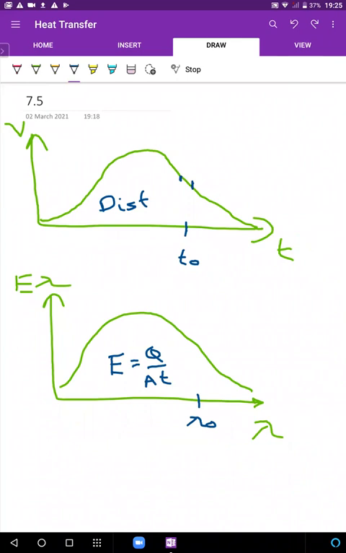Band, if I use the word band, by band I mean a small range of wavelength. Just as for time you would say time interval, here you can say wavelength interval or a small band of wavelength. E lambda is the term we're trying to understand. E lambda is spectral emissive power. E lambda is spectral emissive power. One of you is asking, can we say bandwidth? You can say band. So bandwidth actually, one minute.